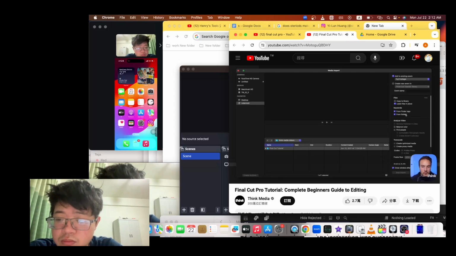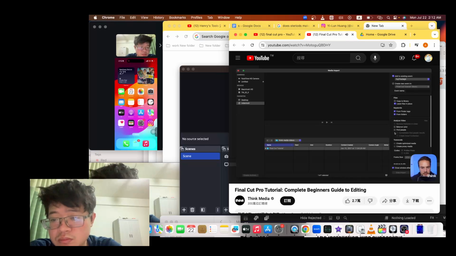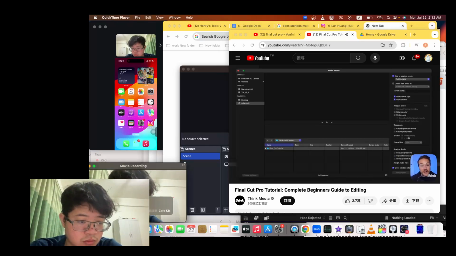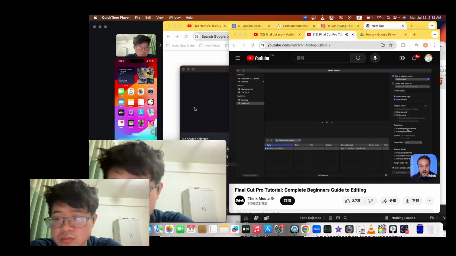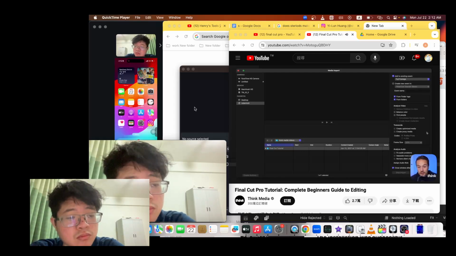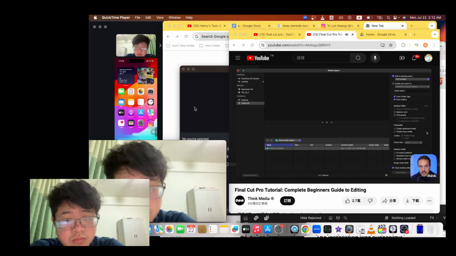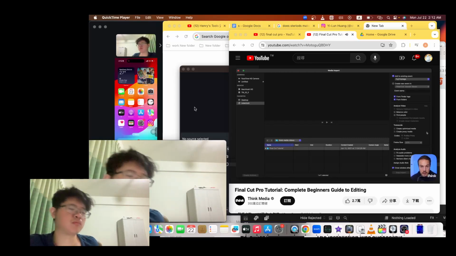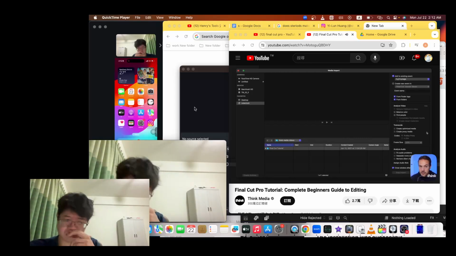As far as keywords go, we can leave both of those checked. And then for analyze video, I like to leave both of these unchecked. For transcode, under optimized media, if you have some weird file sizes, this is going to make it more compatible with Final Cut Pro by making it a ProRes file, or you can create proxy media, which is what I like to use. So if you have a slow computer, you can create a proxy media, and basically it's a low resolution file size, and so it's a lot smaller files and they run a lot faster on your computer,